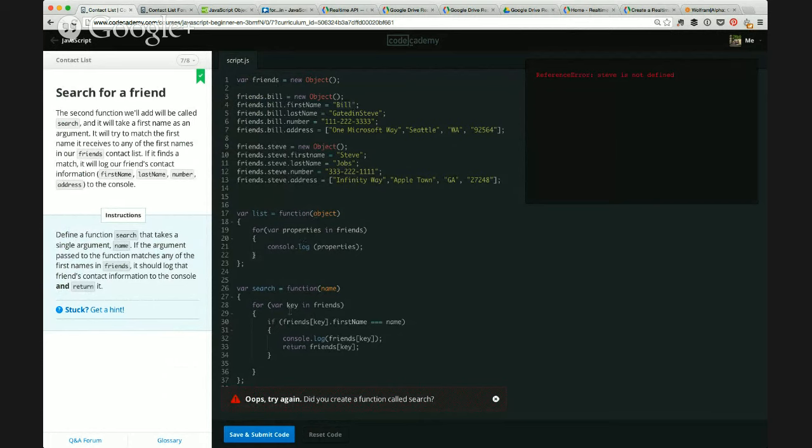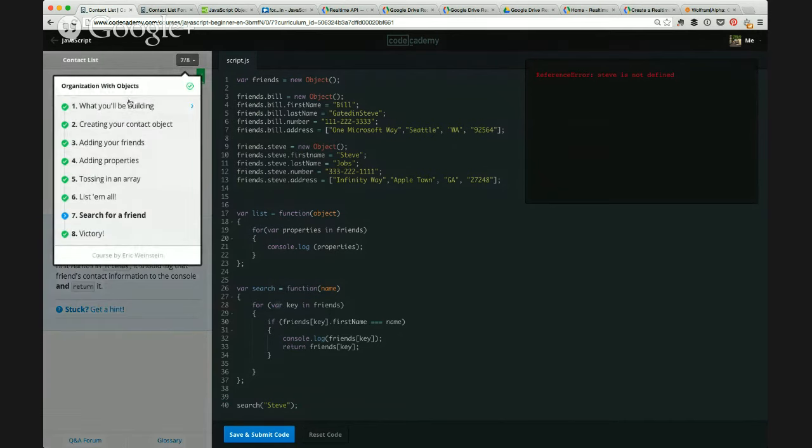What I don't get is down here in the function, search function. Okay, I'm going to pass it a name, which is going to be, you know, in this case, Steve. So then I do a for in loop. And I guess this is what I'm not getting right here. The if and the for is,